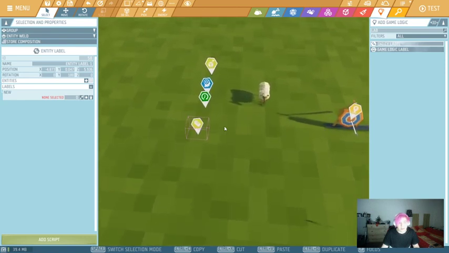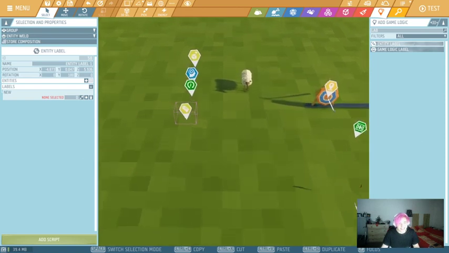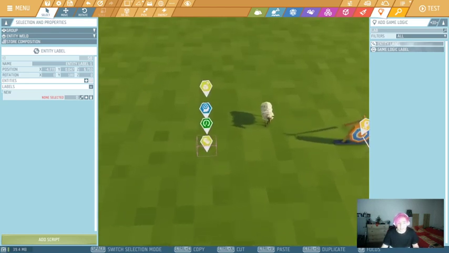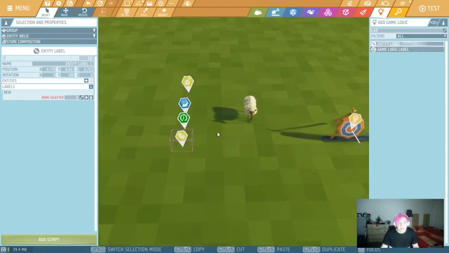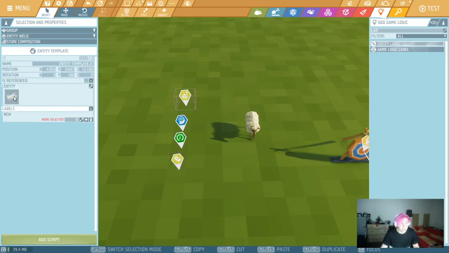Oh yeah, I already deleted the module. It's gone. So we're gonna leave it like that, and then we're gonna pack it into a new module. So wait, yeah, this is gonna be our sheep label. And every time we spawn a sheep,